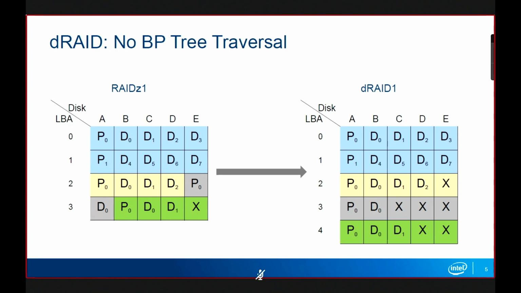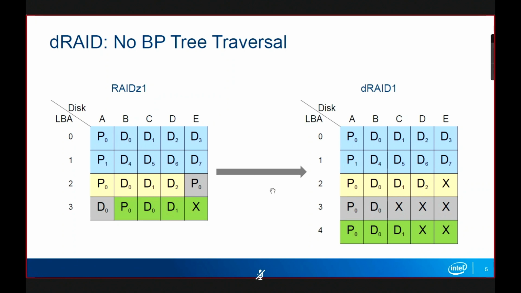Now, how does DRAID solve this problem? If we look at the first block, the blocks that span the first 2 rows, it actually looks very much like traditional RAID, where the parity and data sectors are at known positions. It would be nice if all the blocks were like this, because then we wouldn't have this block pointer scanning problem at all. If we look at the last block, there is an X at the end, which is a skip sector, basically padding that RZ adds to certain blocks for allocation purposes. Now let's imagine we add a little more padding than a single sector to make every block span a full 4x1